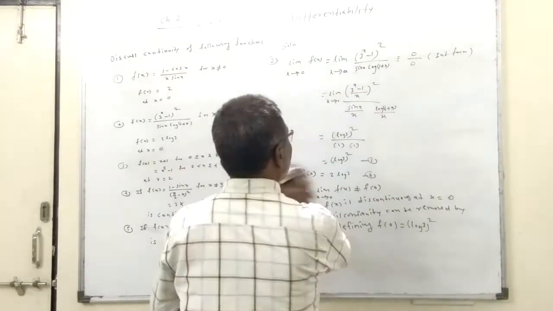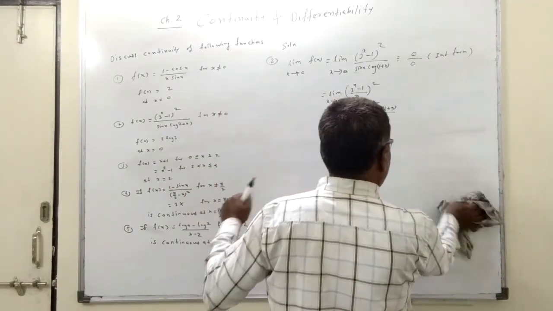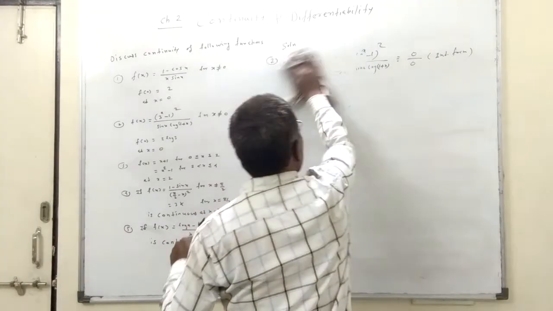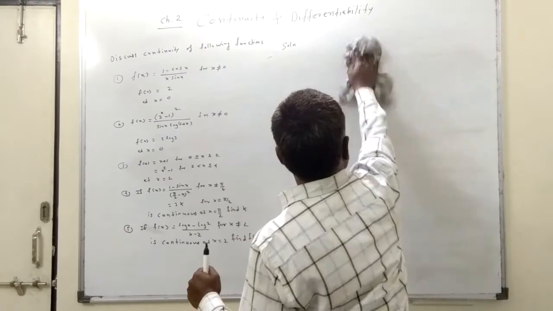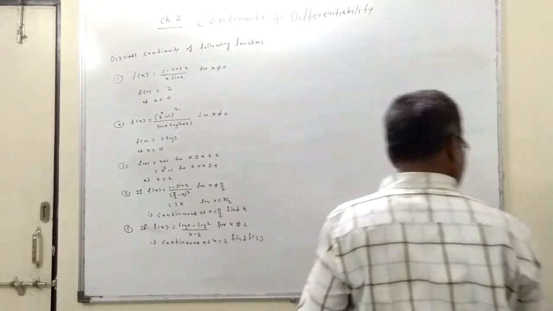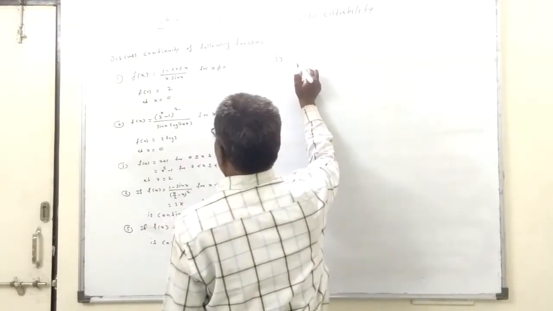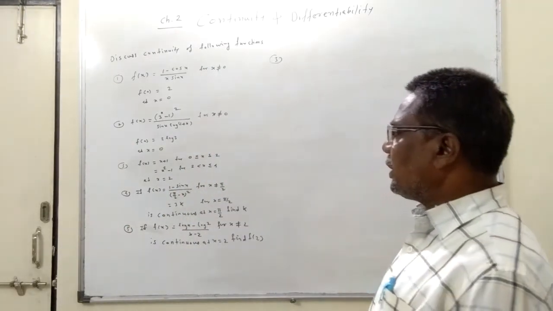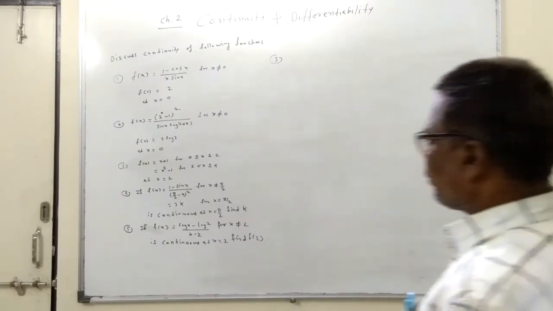Now third example, that is the second case example, when the function is defined for less than and greater than. You want to take left hand limit and right hand limit and the value of function. So third example we will see. So here you want to discuss the continuity at x is equal to 2. Function is defined for x less than or equal to 2, also for x greater than or equal to 2.